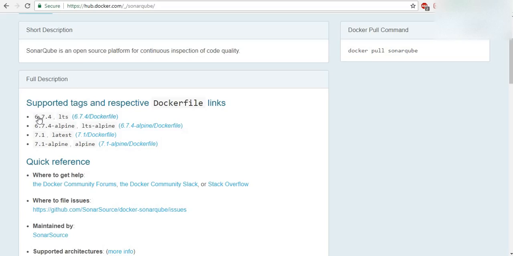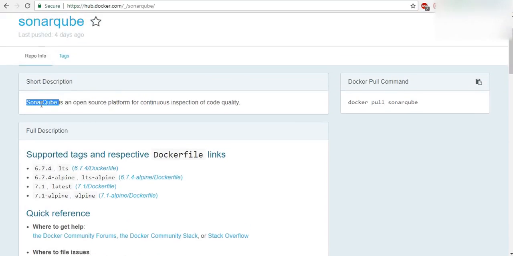So here you can see these things. 6.7.4, these are known as the tags. This way you can either give the tag equivalent to the version of that application, or give anything else, no issues. So this way you are able to identify. For example, if you have this SonarQube, the name will not change, only the tag will change. Now I want to download SonarQube 7.1 version which works on Alpine. So I will give sonarqube:7.1-alpine. Now if I want to install SonarQube 6.7 version, I have to give sonarqube:6.7.4. So that way I'll be able to.